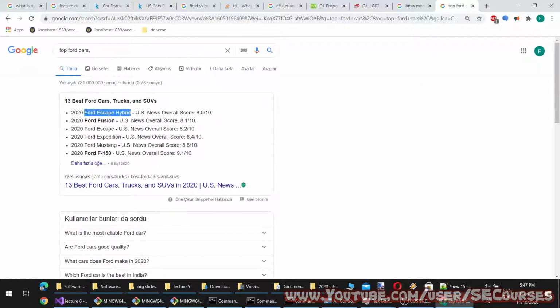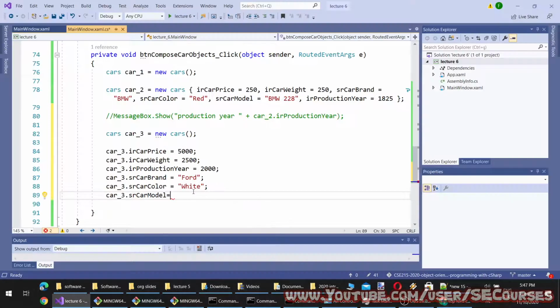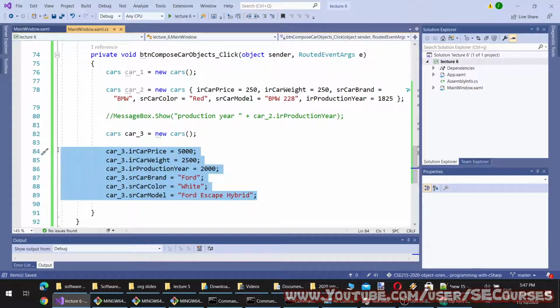Okay, this one, anything is working. So I can assign the values of an object like this as well.